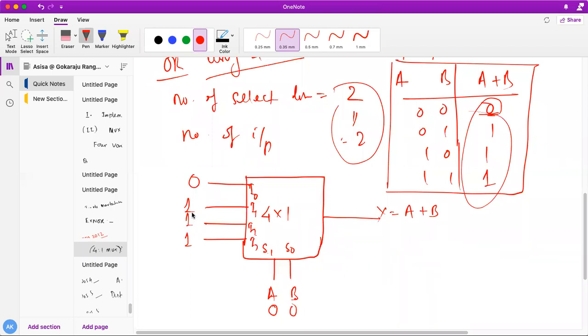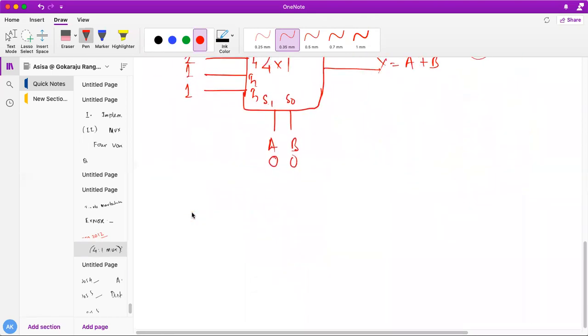Okay, do you all understand, or any doubt, students? This is the way you can design any type of gate using any type of mux. So two things I have discussed now. The XOR gate you can also do easily. I'm just giving a hint, nothing else. Very simple. If you know the truth table, using 4x1 is very easy.